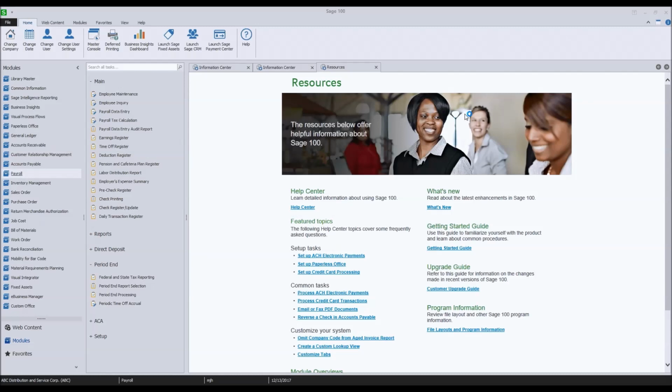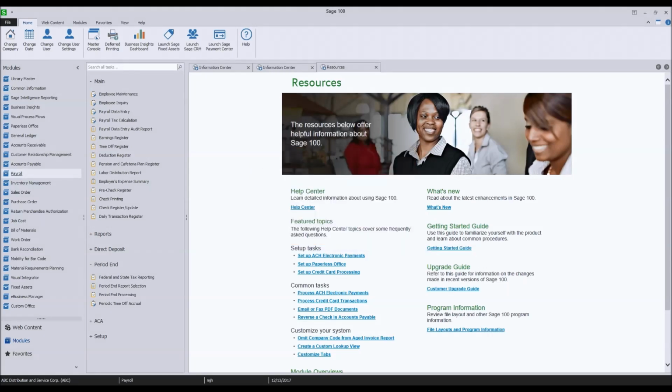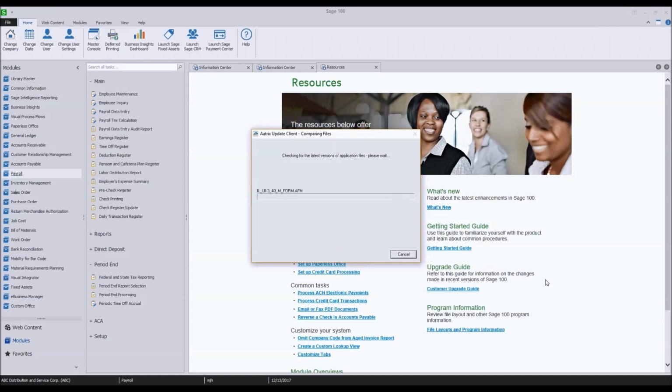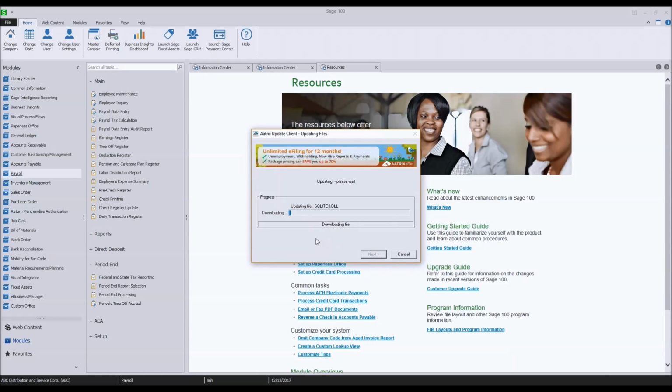And Atrix goes out and it says, all right, let's start gathering data. Because I have not done my Atrix update yet, it's going to prompt me for the automatic update. In this case, I'm going to go ahead and do it. Because this is the very first update with this version, it is just a little bit longer than typical updates that you would see if you've been keeping fairly current. I'll let that plod along.